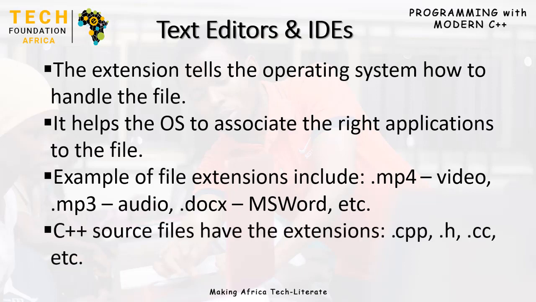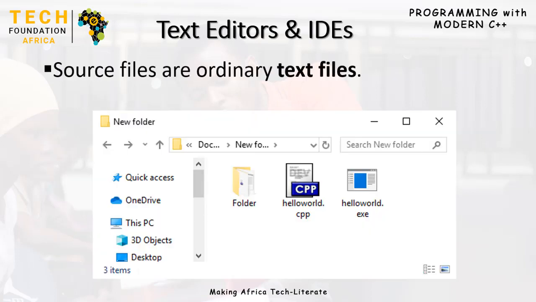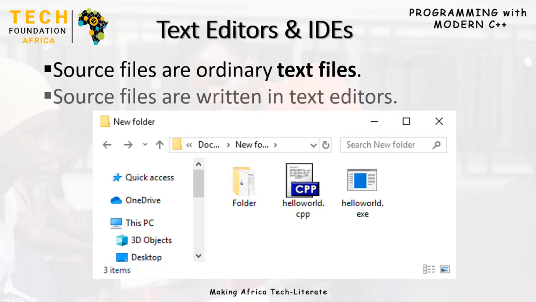Now, C++ source files have the extension .cpp, .h for header files, .cc, etc. So source files are ordinary text files. Source files are written in a text editor. So if you take